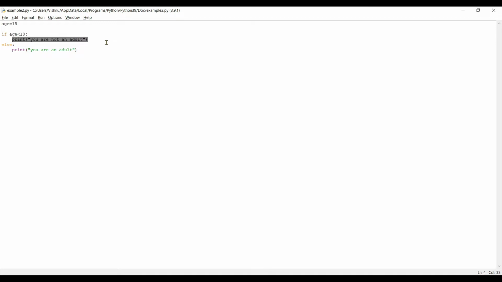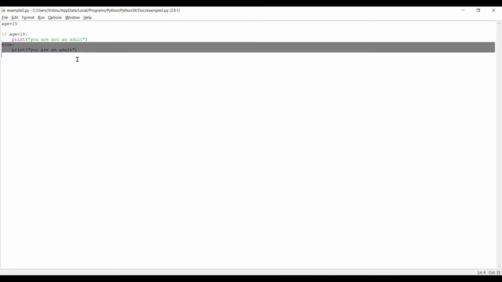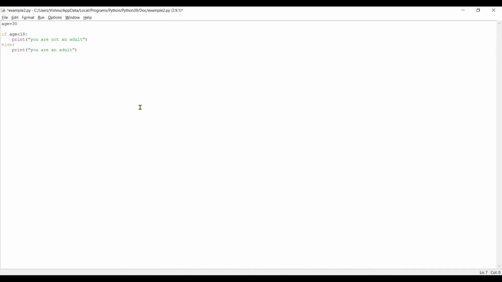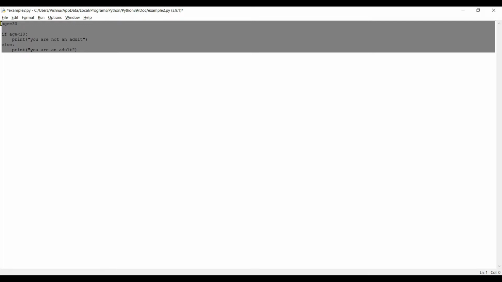Once this line gets executed, after that the whole process will end. These two lines will never get executed. This is how it works. In fact, we can visualize how these lines get executed one by one.